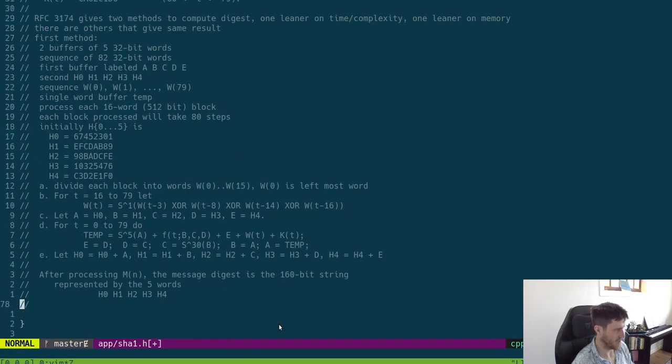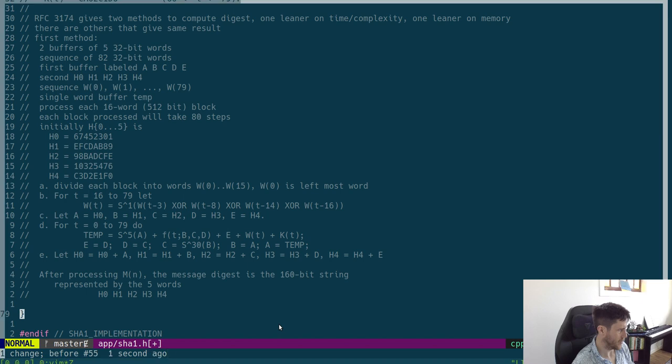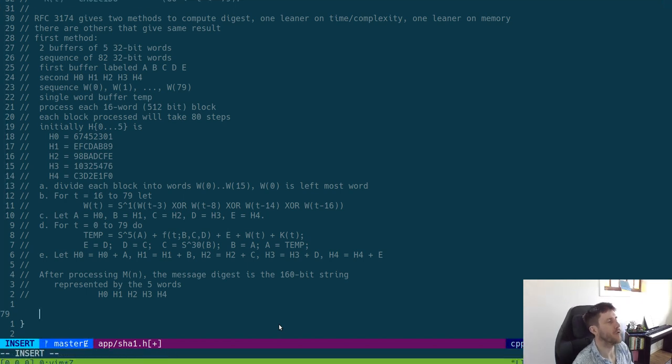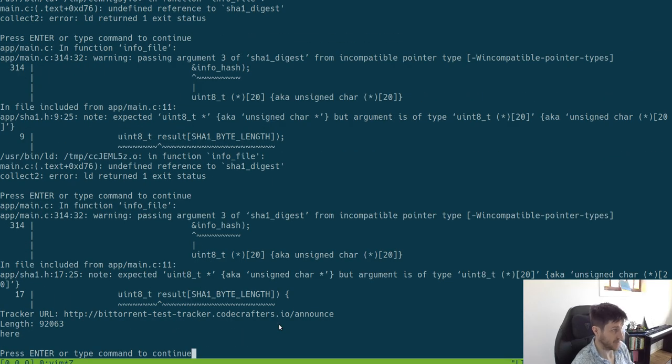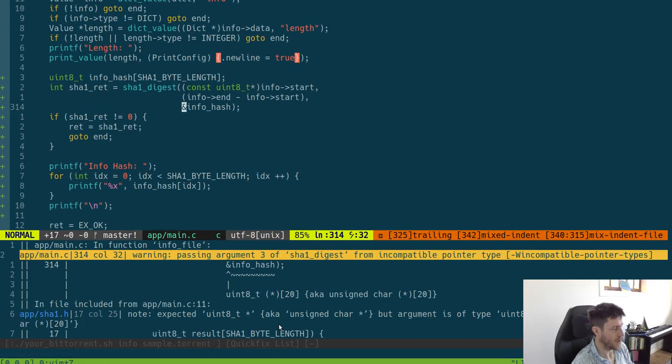And no. So what we can do here is, I don't know, we could probably just do a printf here, just to show that it is working. Prints here. That's kind of cool. That it's wrong though,